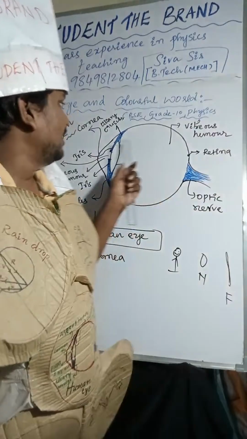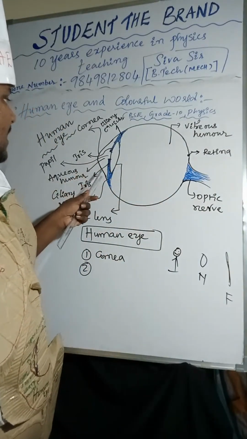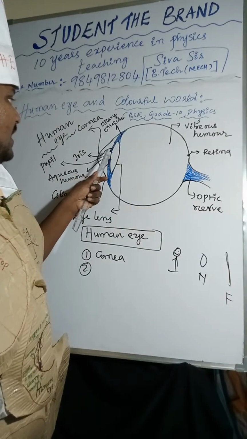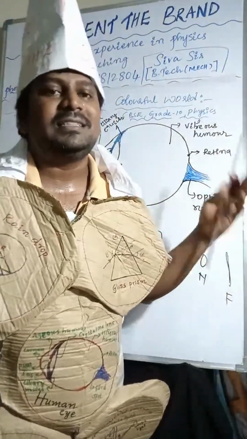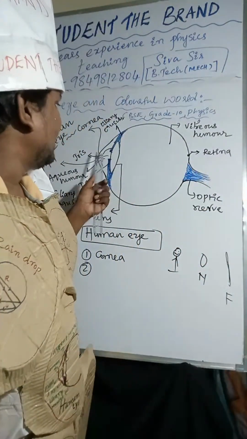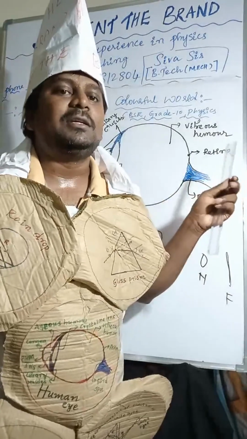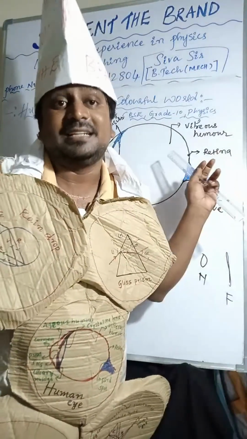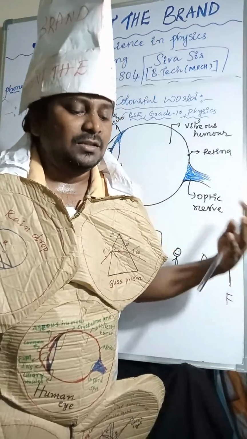Next one, vitreous. Here a jelly type liquid is present. So that is aqueous humor. This complete portion is filled with jelly type liquid from cornea to eye lens. That is aqueous humor. Aqueous humor is a jelly type liquid present between cornea and eye lens. It gives the blood and nutrition to the central cornea because it doesn't have its own